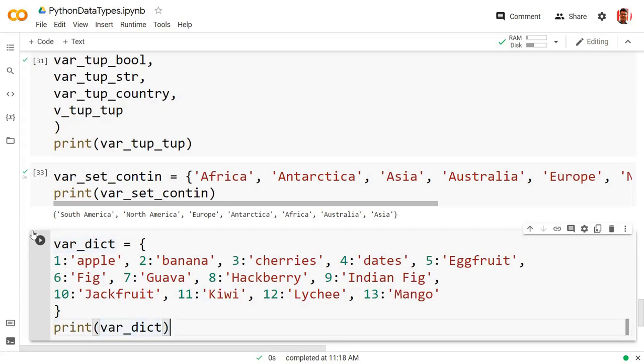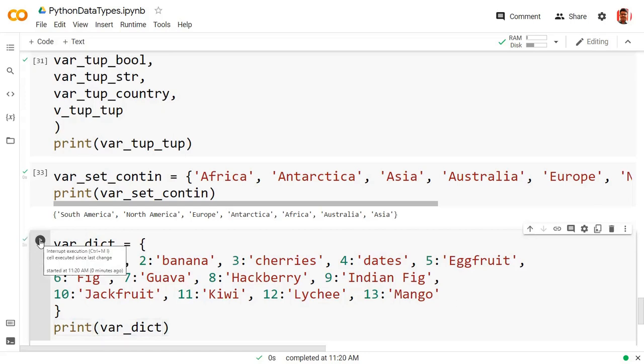Okay, now guys, two things are there. First, the representation of a dictionary is the same as what you can see in the case of a set. Both are represented by curly braces. The difference is that my dictionary is a combination of key and value, whereas a set contains only values.